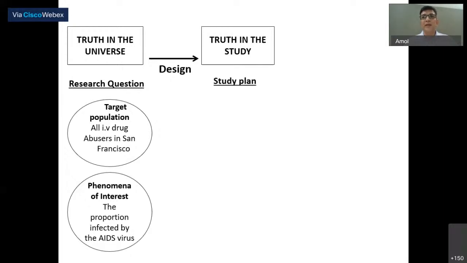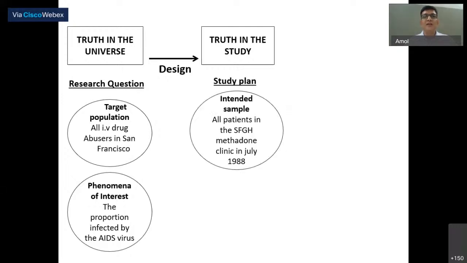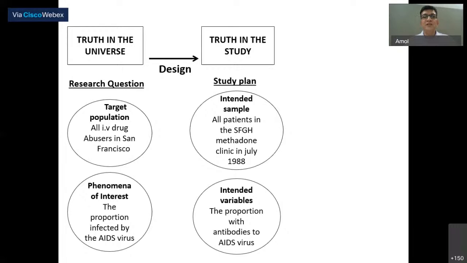So you do a study plan and you write a protocol, and then you specify your intended sample and time frame, and you measure the phenomenon of interest by choosing some intended variables, such as proportion with antibodies to AIDS virus. So this is your protocol development. These are your ideas. So you are trying to measure truth in the universe